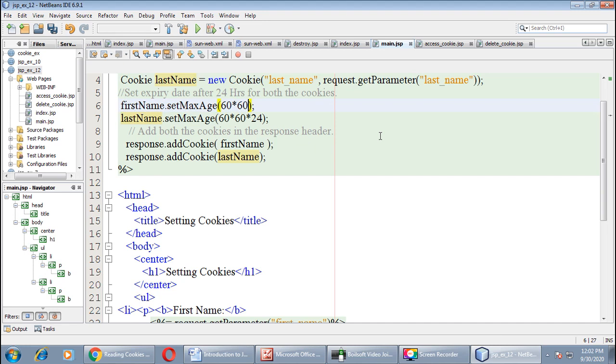Similarly for the last name cookie, or even you can give the seconds directly like this. After 100 seconds I want to delete this cookie. Okay, this will remain alive for 100 seconds only. After 100 seconds this will get destroyed.